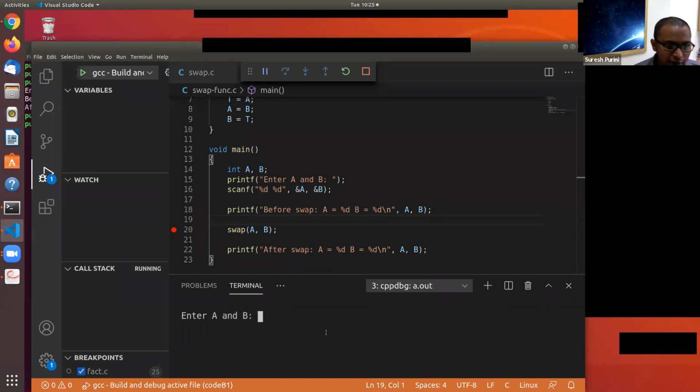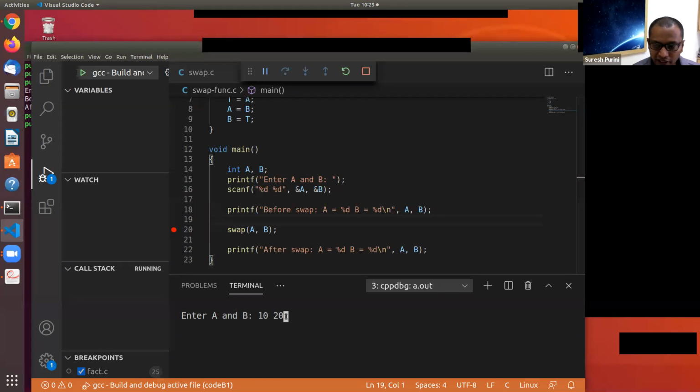Why is the call stack empty? Because we didn't hit the breakpoint. We are on line 16. The program got stuck at line 16 because there's a scanf function. So I'm entering 10 and 20.